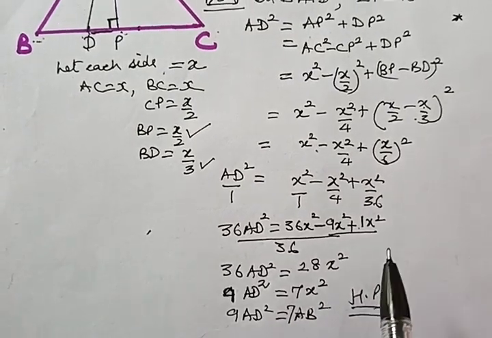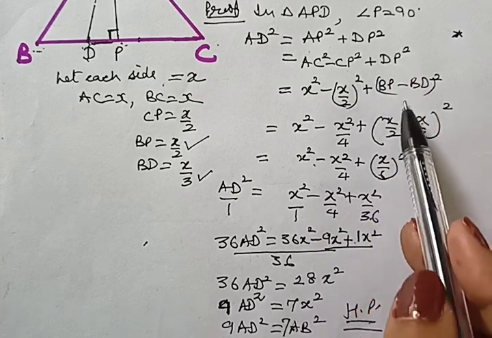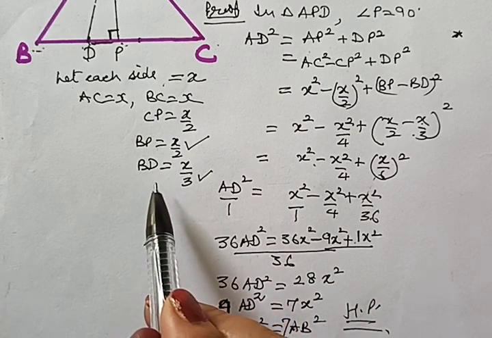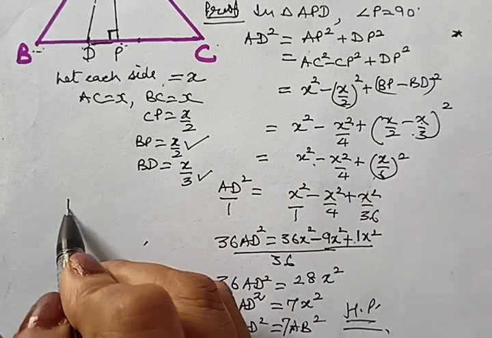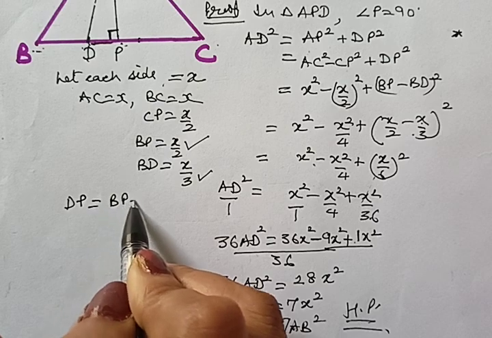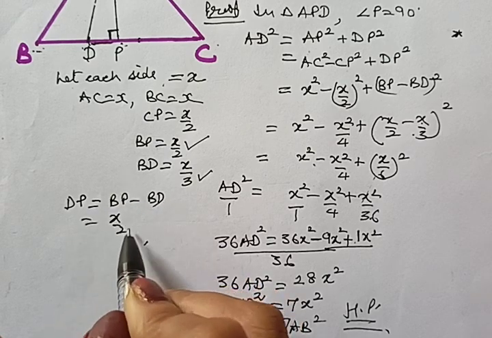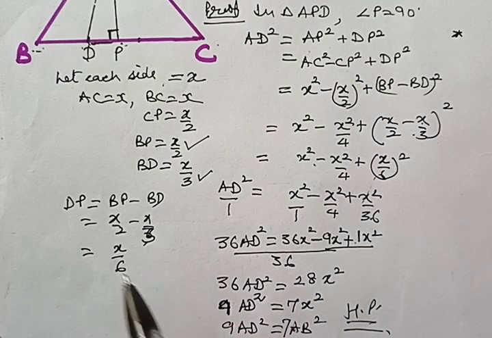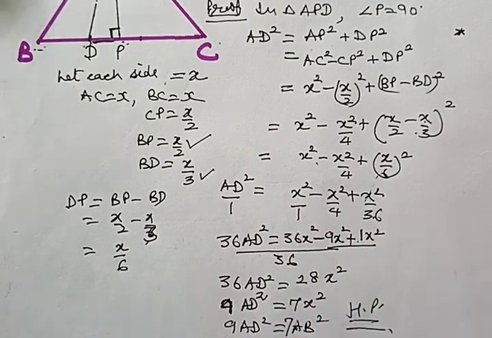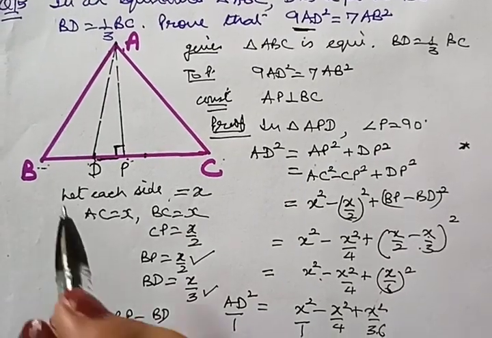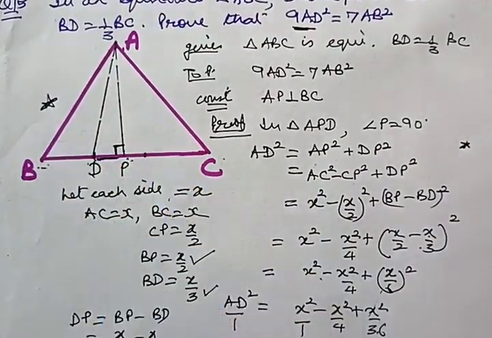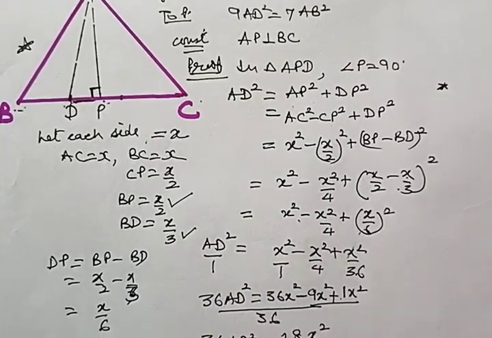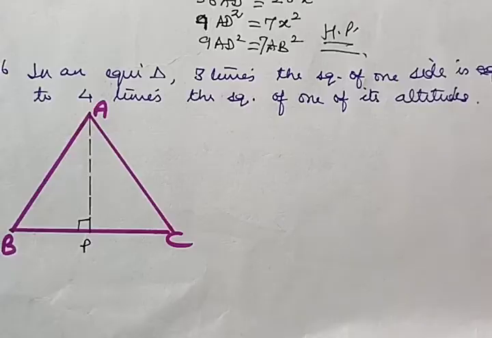Very easy. If you are just done with these two steps, afterwards there is just algebra. Even you can write DP also, you can write here only and then straight away put in the value. You can write here only that DP is equal to BP minus BD, that is x by 2 minus x by 3, or you get that 3x minus 2x is x by 6 and you can directly put the value x by 6 here. So I hope you are clear with this question. I would again tell you that this is the most important question of the complete chapter. And once you are done with these two steps, it is just algebra further and you can easily solve it.